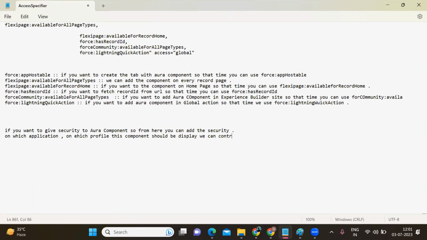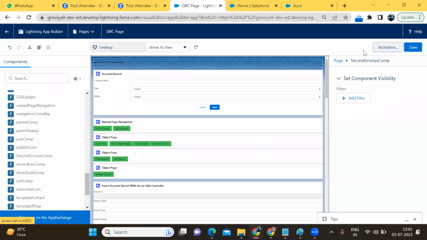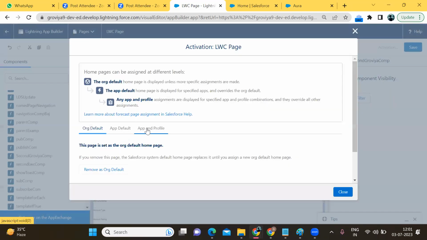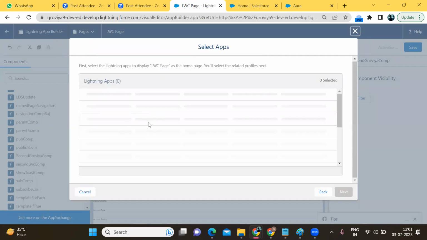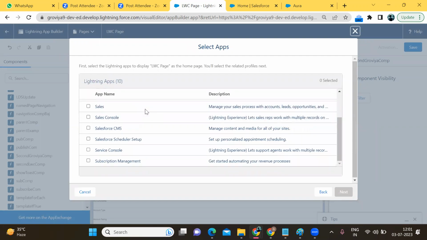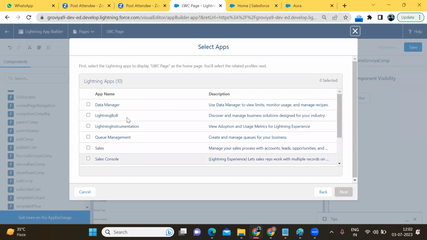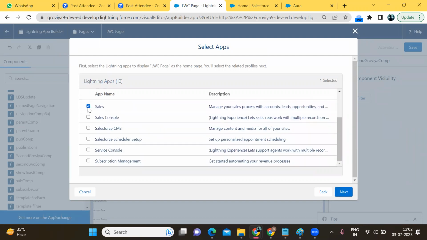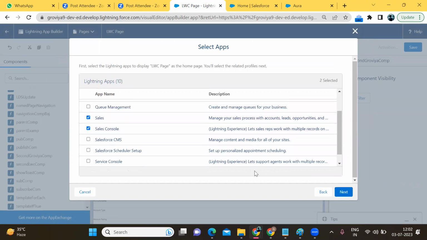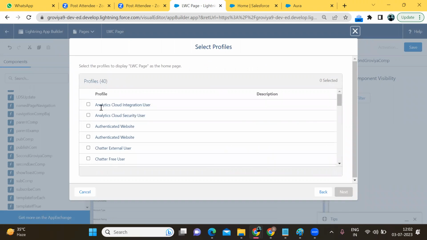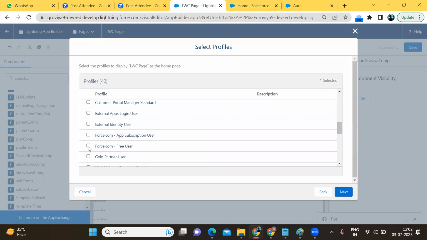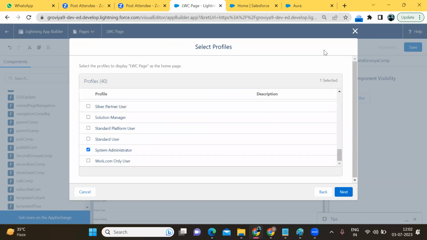We can control it. ठीक है, जैसे हम ऑब्जेक्ट कौन से एप्लीकेशन को डिस्प्ले हुए कौन से को नहीं हुए, वो चीज हम कंट्रोल कर सकते हैं। Click on activation, then you can see app and profile, assign app and profile. So you can select the app. The home page can be in many applications, so which home page do you want to change? Okay, target the home page of a particular application, then click on next. Then you will get profile, meaning which profile gets access to this component. You can select the profile, which profile you select, for that profile the user can view the component. ठीक है, तो ये भी इंटरव्यू में क्वेश्चन पूछा जाता है और पूछा भी गया है मुझसे।